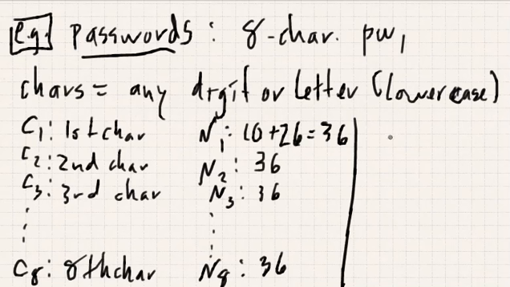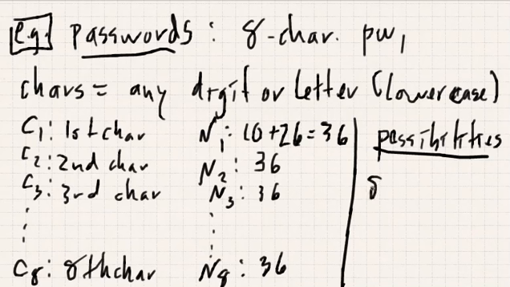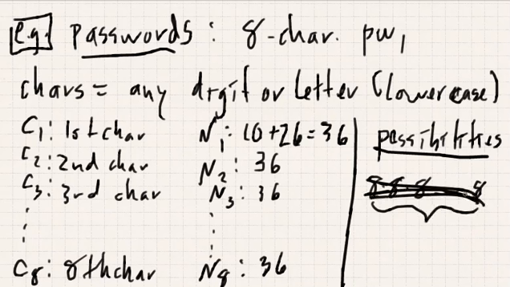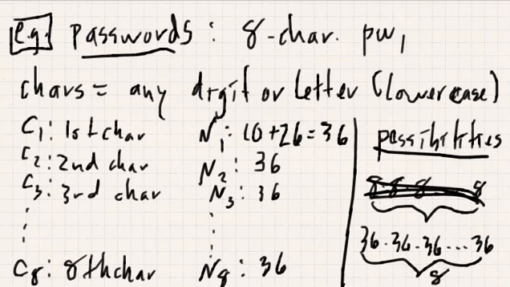So the total number of possibilities, how many different passwords are there? It's going to be 36 times 36 times 36 all the way up to 36. It's multiplied against itself 8 times. What is 36 multiplied against itself 8 times? That's 36 to the 8th,